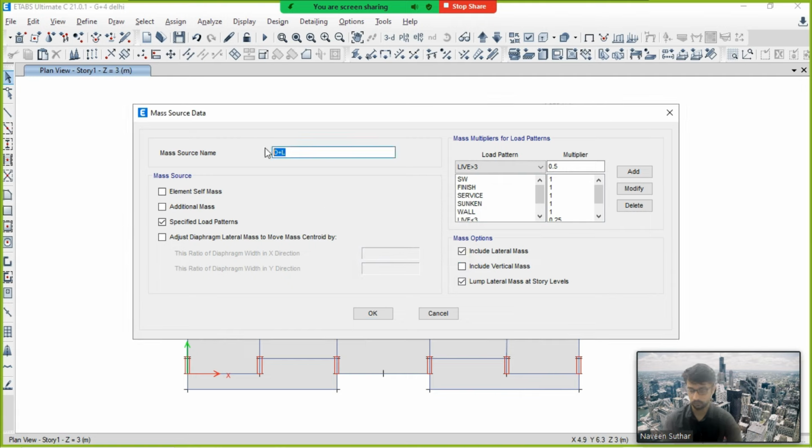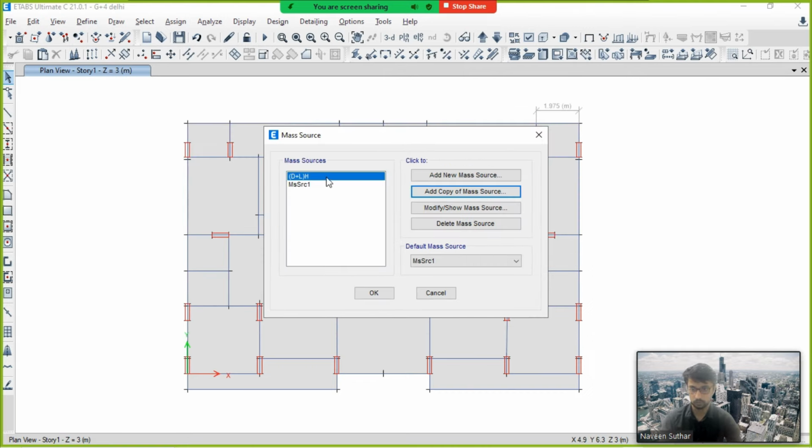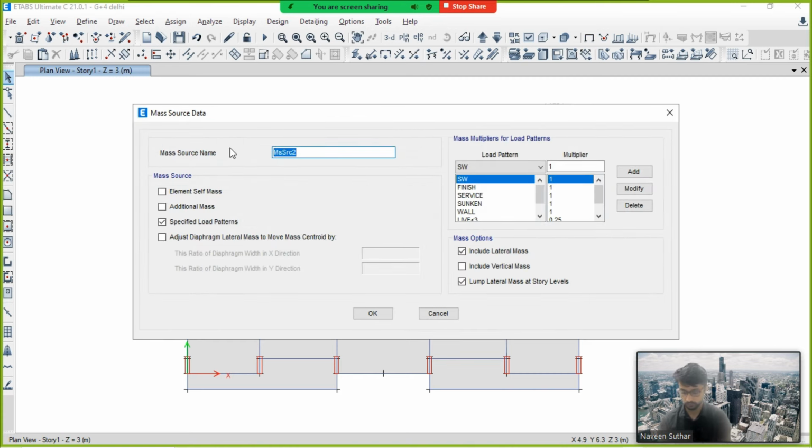so there is a duplicate now. So it's the dead load, one dead load plus live load. Okay, right, and now we will add a copy of mass source and the dead plus it's dead plus live, and